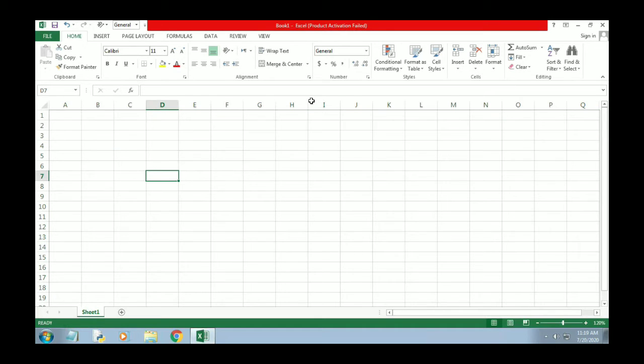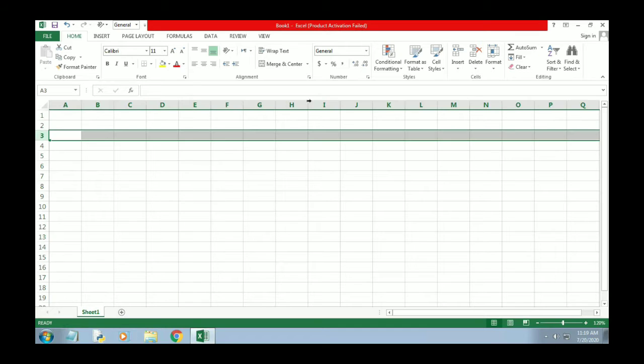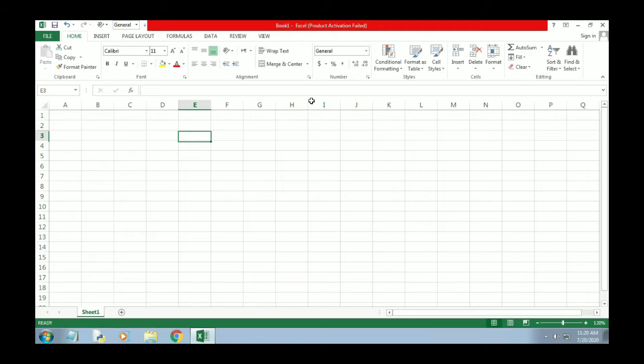So how do we recognize or define a row and a column? A column has vertical orientation like this, and rows have horizontal orientation, so you can recognize them easily. And what is this box?